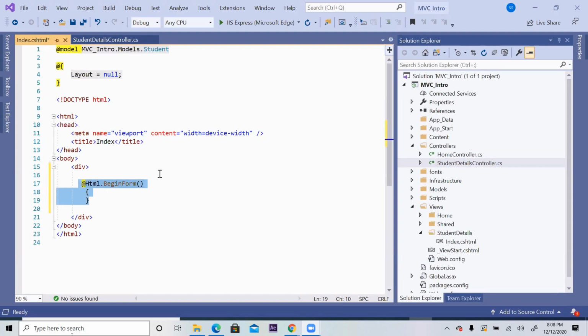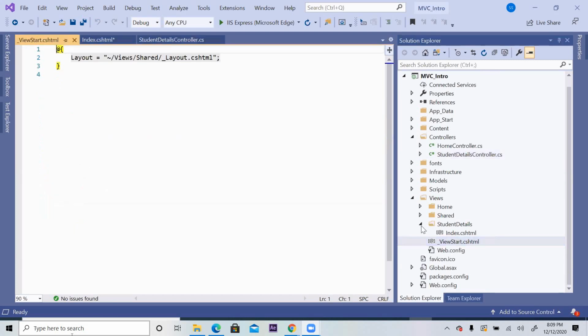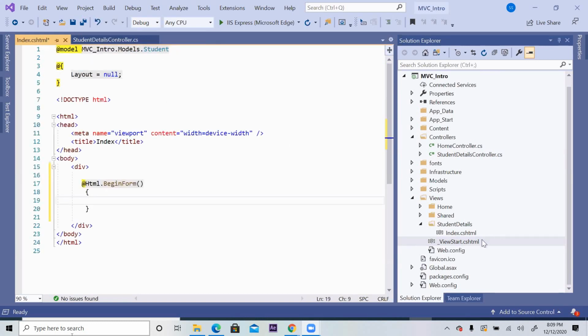Sometimes if you are not able to catch any syntax, I will tell you one technique. What you do, you create one scaffolding view. Scaffolding view means auto-generated view. You can see here automatically some one or two examples they might have given. I just deleted. If you want to use a scaffolding view and compare the syntax, you can do this way.